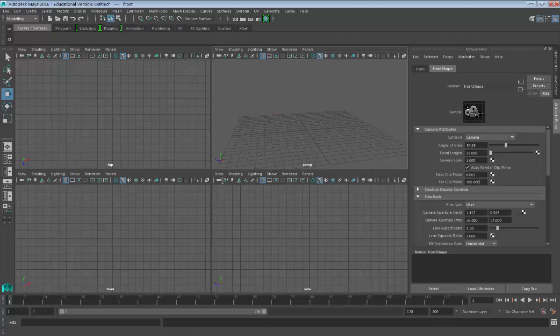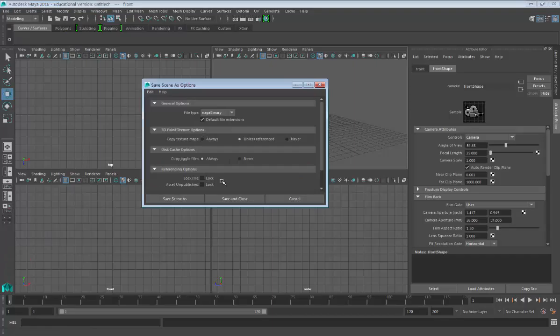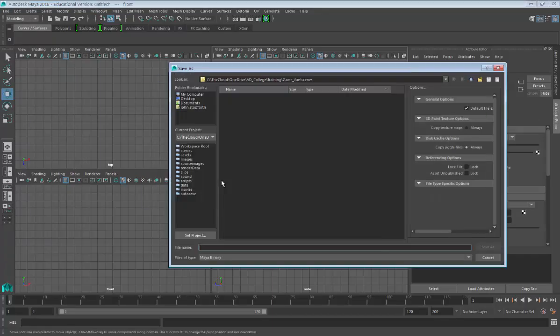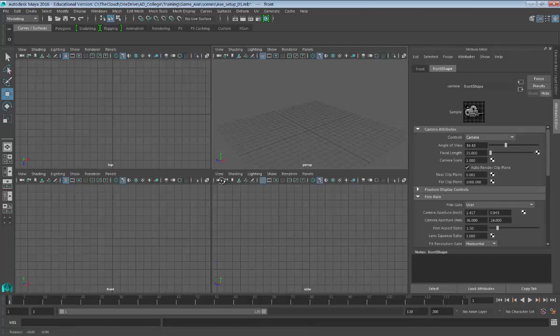Now we've got all the views in. I always like to save the scene, so we're just going to save the scene as a setup scene. Then if we build anything else, we can always just change the name of that setup scene and we're ready